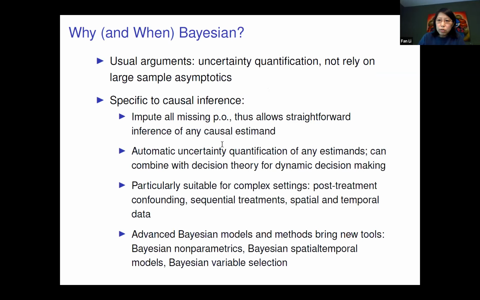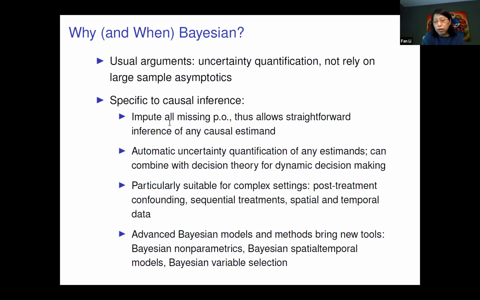The first, probably most important thing is the Bayesian framework. It's very natural, a unified framework to deal with all missing data. So you can impute all the missing potential outcomes, and based on that, you can allow straightforward inference of any causal estimate. Here I'm only talking about ATE, which is easier. But there are